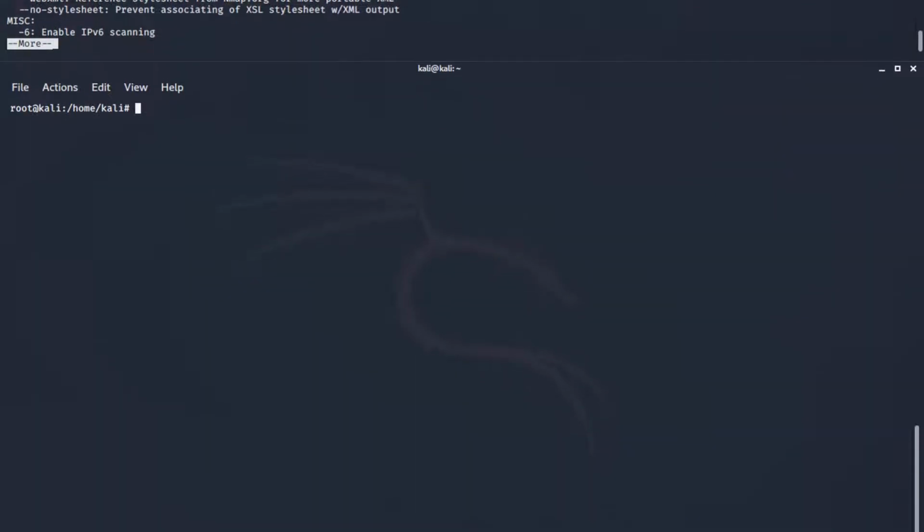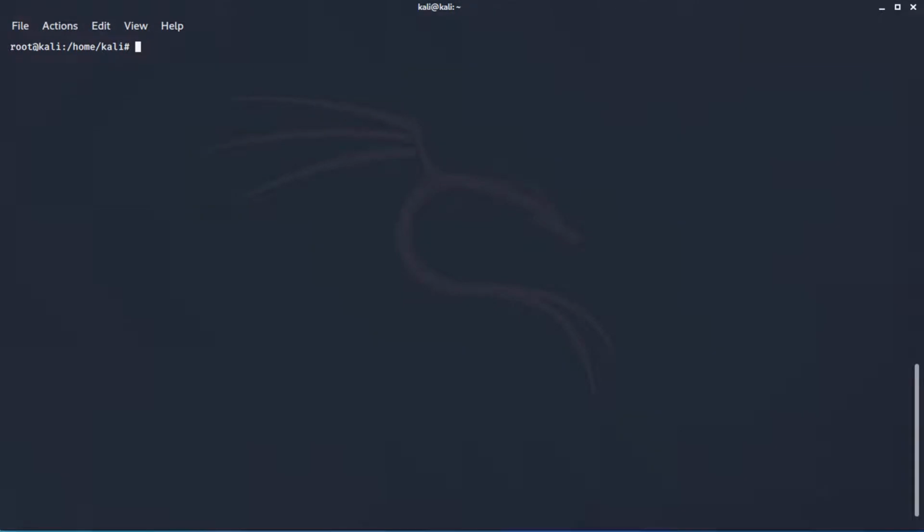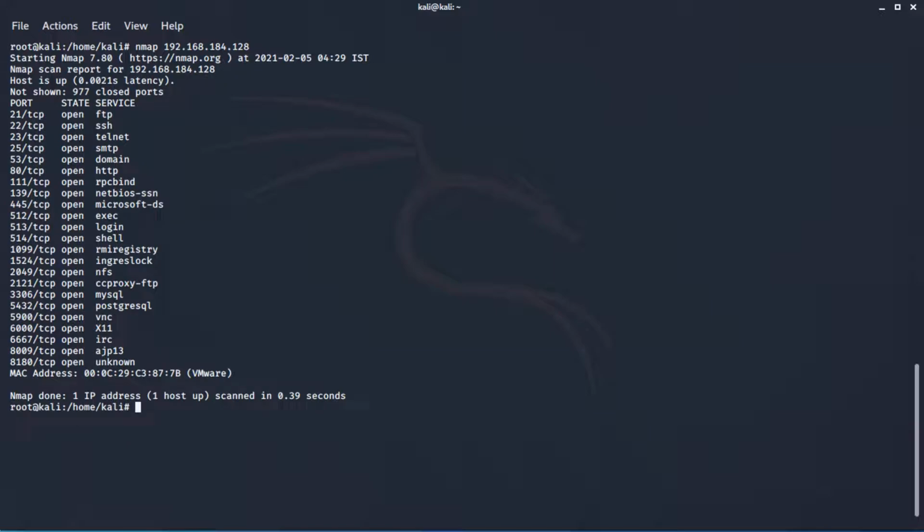So just to visualize what we just learned, I have set up a Metasploitable 2 Linux machine on my Linux host, in the guest environment. So what we will be doing is run through some of these Nmap commands real quick, which we described and discussed earlier. So what I'll do is we'll just do an nmap to 192.168.128, which is where my machine is currently hosted, and we'll just put no options here.